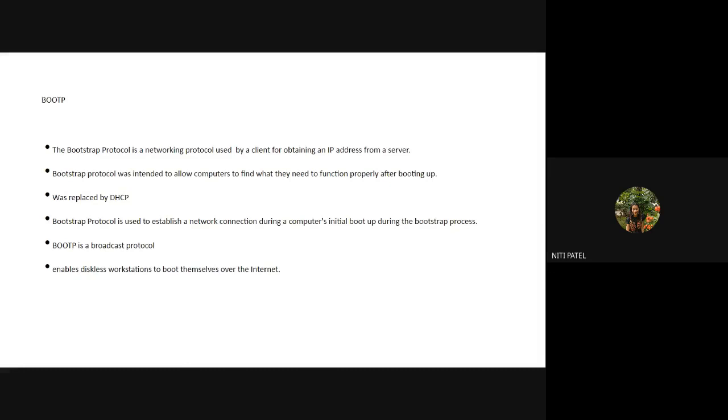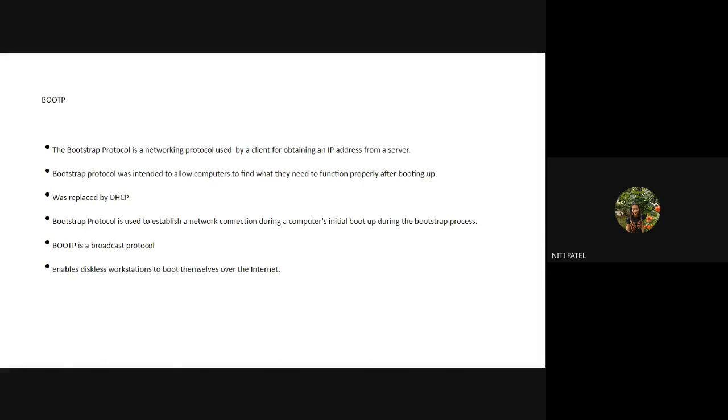Once your network device connection is there, only the boot up procedure of your operating system is done from my system. What is this Bootstrap protocol? Bootstrap protocol is used to boot your operating system. I am booting the operating system from the machine which is connected to that diskless machine via that network connectivity.